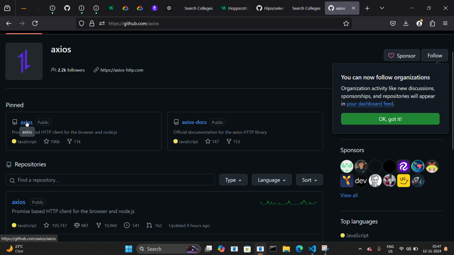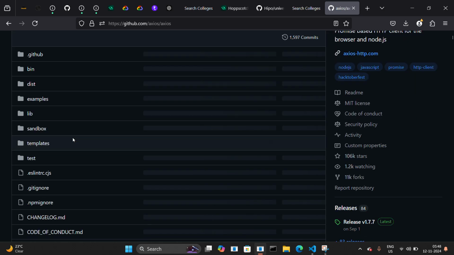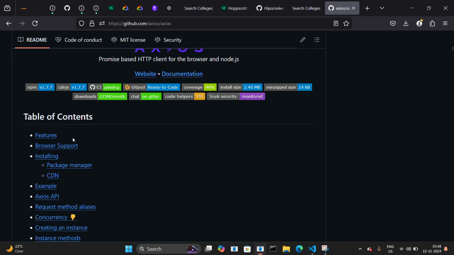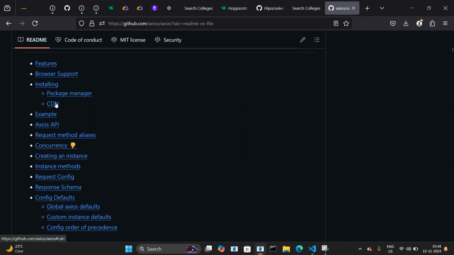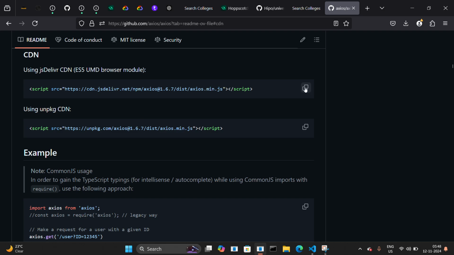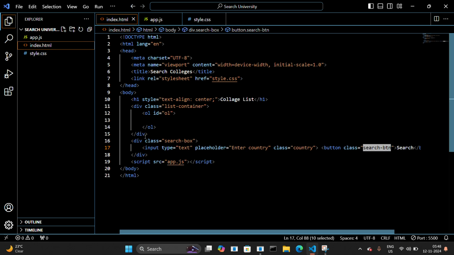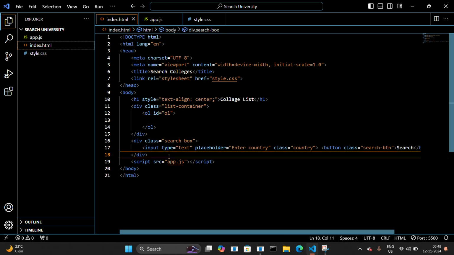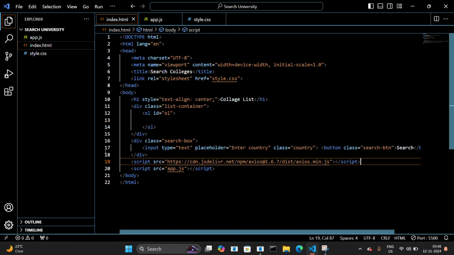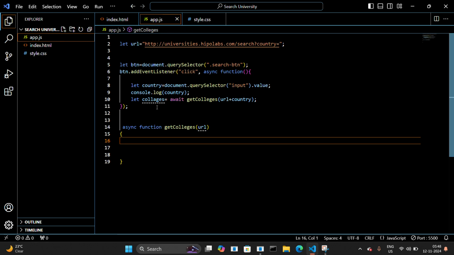After that, we need to go to this Axios public and scroll down and go to the CDN link. So after clicking on CDN, we have to copy this line and paste it into your HTML file before your script tag, and after that